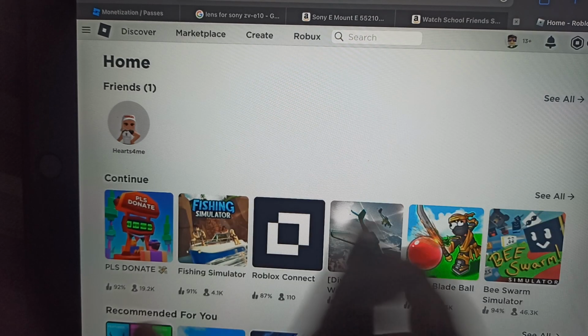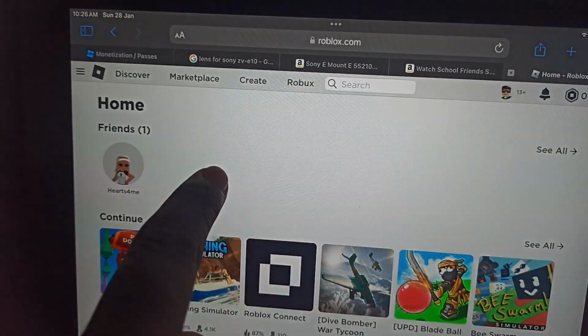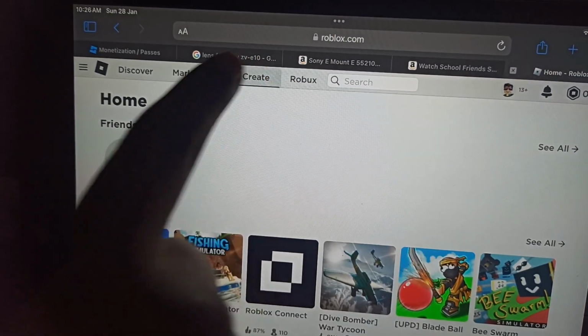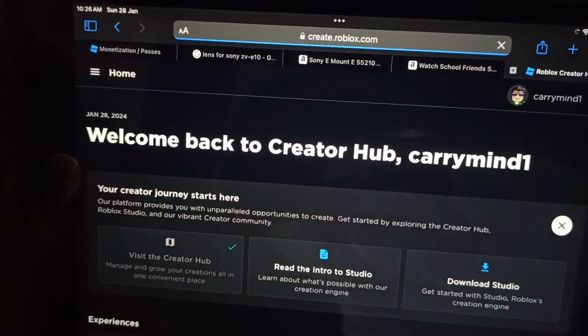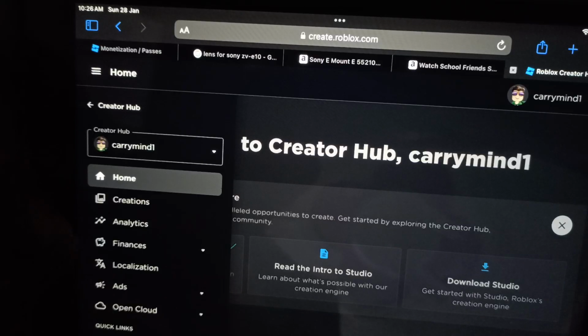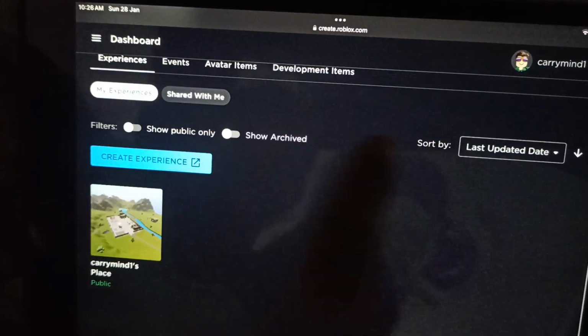First of all guys, you have to open roblox.com on your browser and just tap on this Create tab over here. Just tap on this menu button over here and tap on Creations. After this you have to tap on this